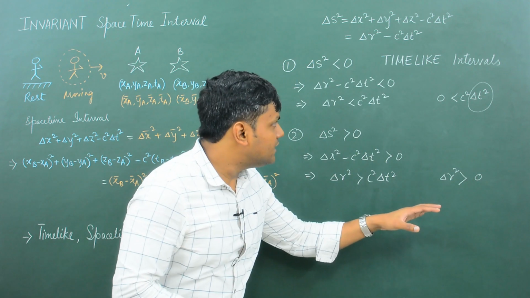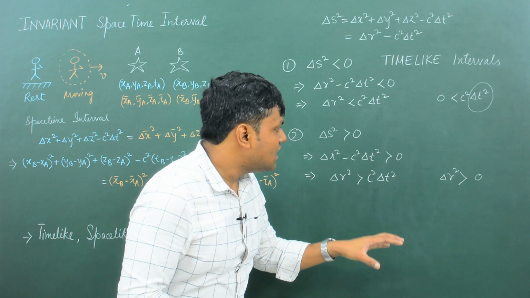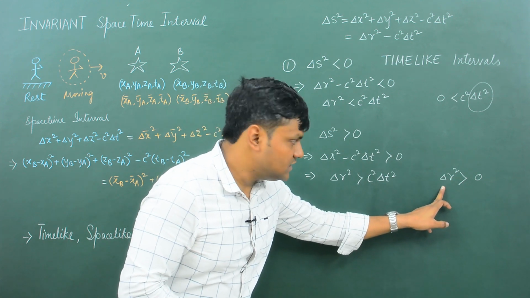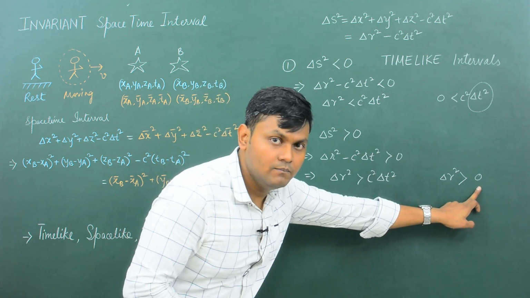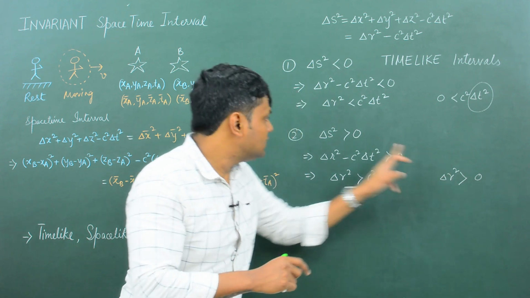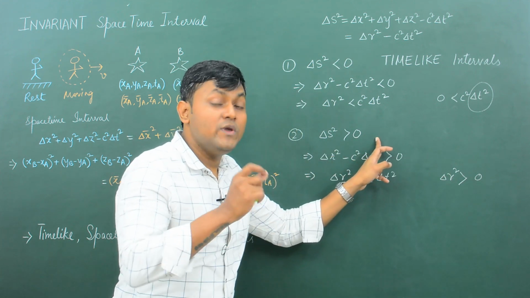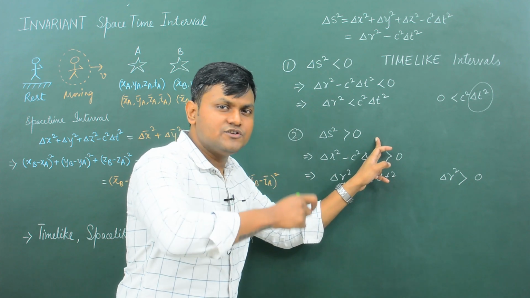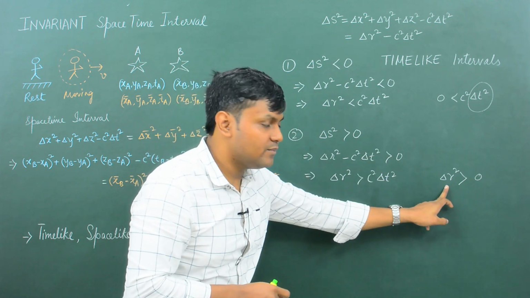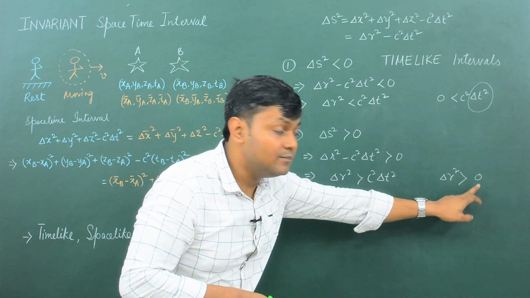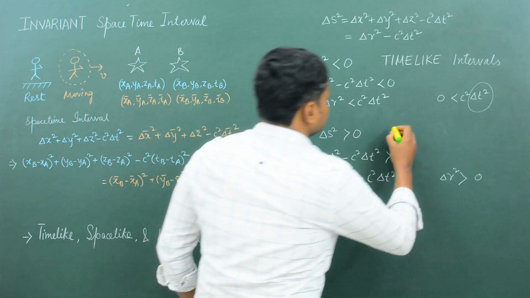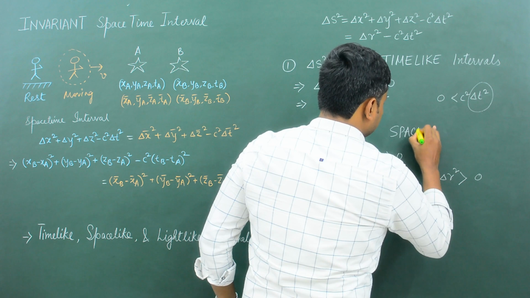It simply means that the physical events are separated in space but not separated in time. So for those space-time intervals where we can find one inertial frame of reference where the physical events are separated in space but not separated in time, these kind of physical events are known as space-like physical events